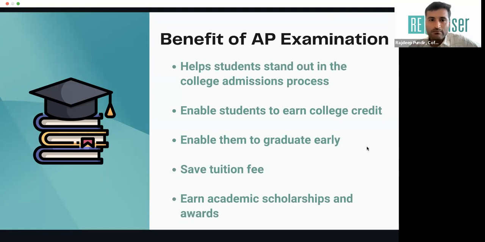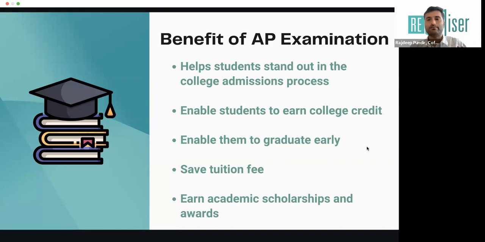Second, the question comes in then, maybe, I mean, I'd be bored, then maybe I don't have to write AP exams. And I think there it becomes super important to figure out why do you want to write APs, right? I think that is an important criteria. As I've said in the beginning, it helps you to stand out in college admission process. So one of the reasons could be that, hey, you know what, I've taken these 3 subjects as an HL. However, I'm also good in this subject, but I can't take this in school because my school allows only 6 subjects to be taken.